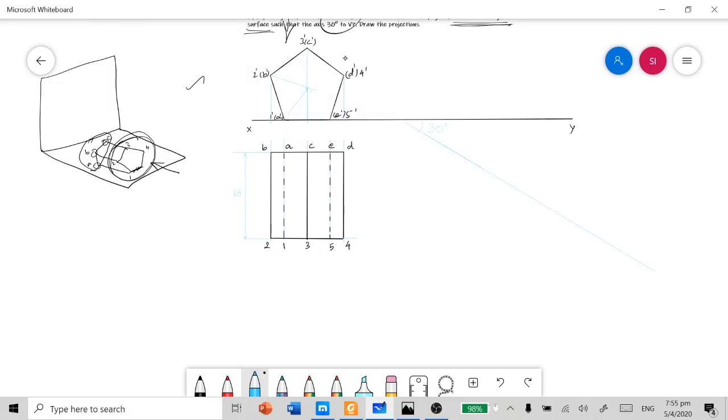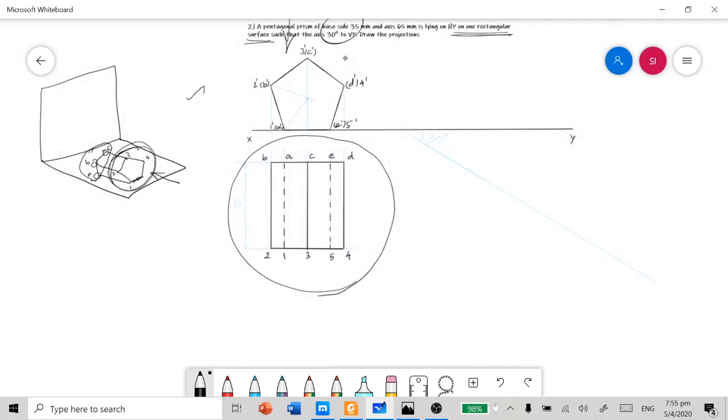It's 30 degrees to VP, and then you need to redraw this lateral view again by tilting the axis 30 degrees to VP, by the guidance of the pilot line. Let me select it.